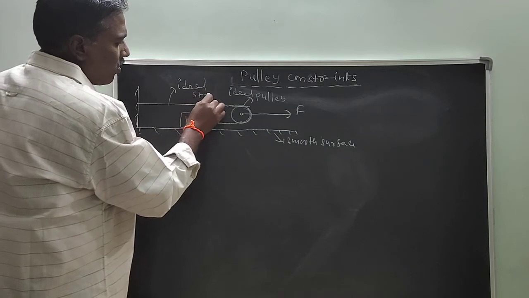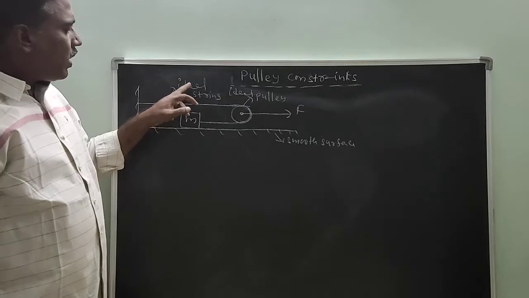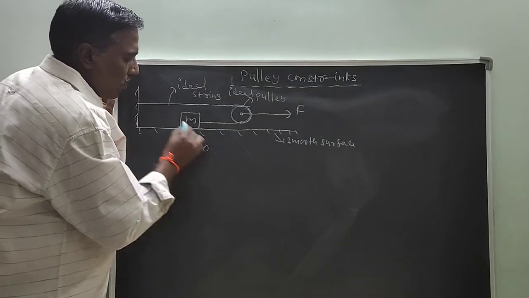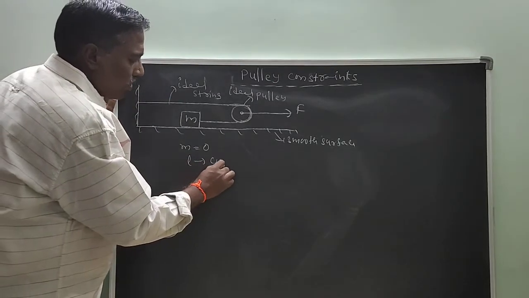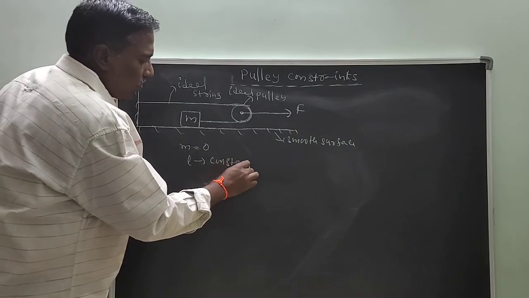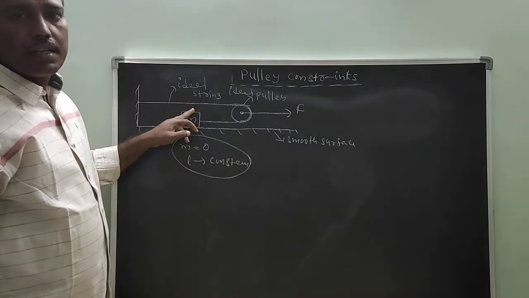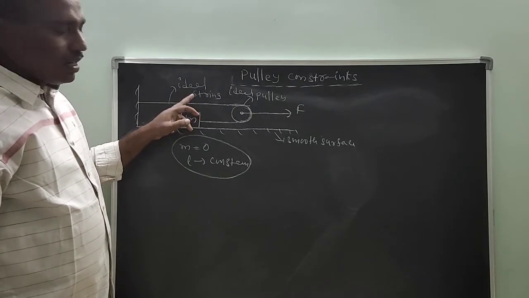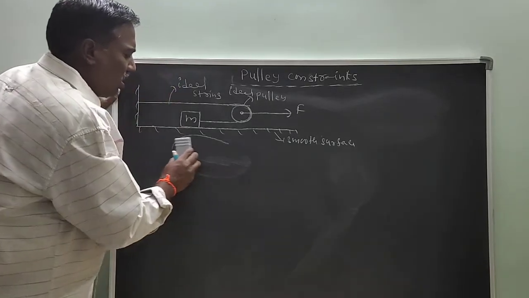Ideal string. What is an ideal string? For an ideal string, mass is 0. That is the first point. Second one, length is constant. These two are conditions for an ideal string. For an ideal string, length is constant and it is massless. Second one,